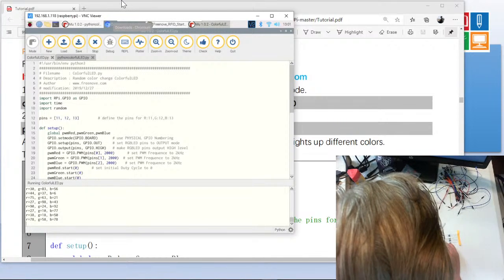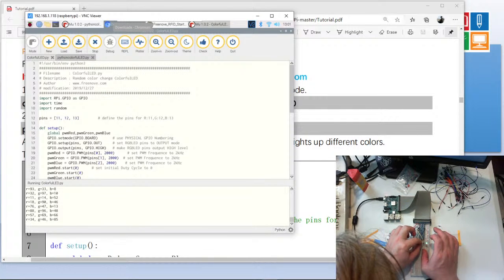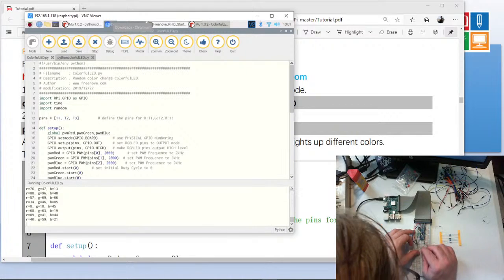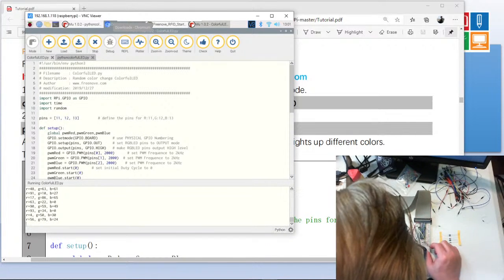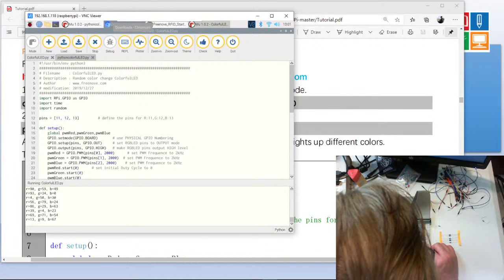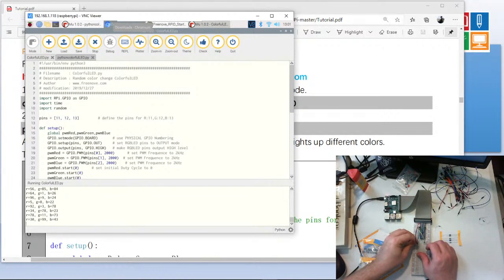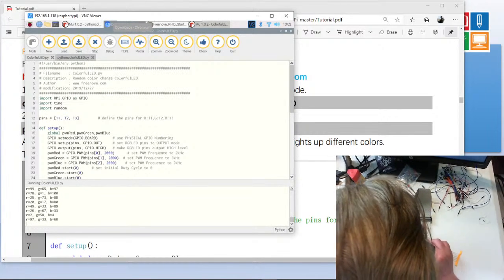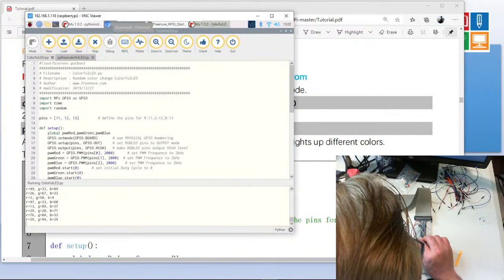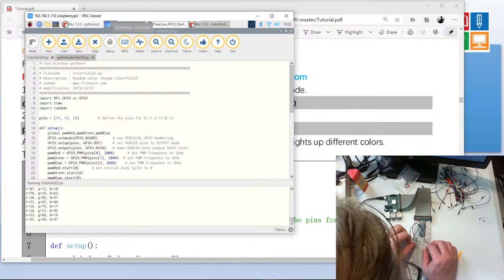Okay, so yeah, but not very bright, is it? Okay, maybe something's wrong with that one. Alright, let's test this one. It does happen. Those must be wrong resistors. They must be. Okay, so if I take one that I know is good and plug it in, we get a very bright light. If I take it and plug it into the blue,